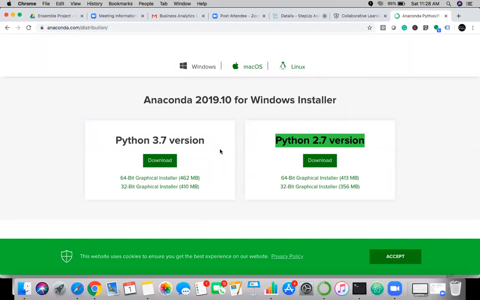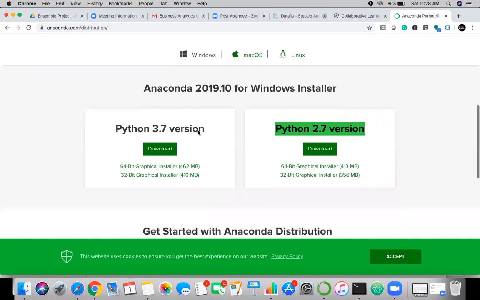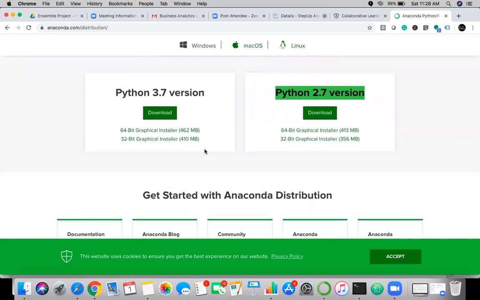Okay, so once you download, you just need to take care of one small thing, because this is where people who are starting fresh in Python make a mistake. Just identify whether you have a 64-bit system or a 32-bit system, and likewise download the installation file. This will take some time. Once you have it on your system, just click it and go with default settings. Since I already have it here,